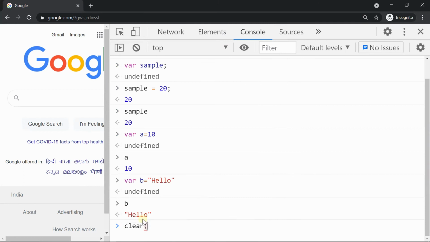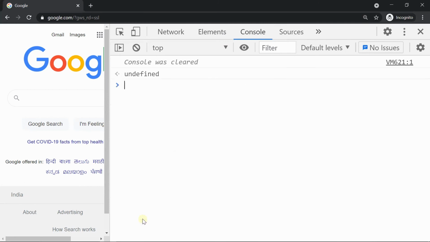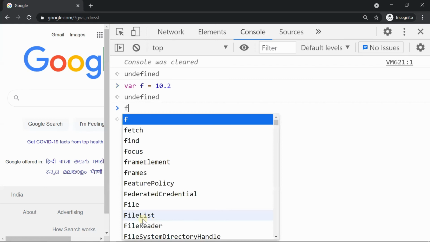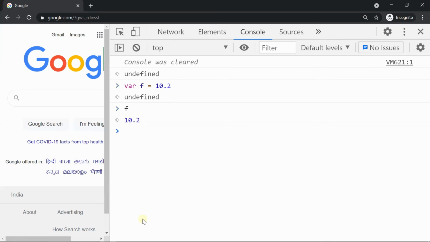Let me clear the log once, and let's try var f, a float, assign 10.2. Now let's see the dynamic typing here. var s is a variable name, equal to 10. I've assigned 10.